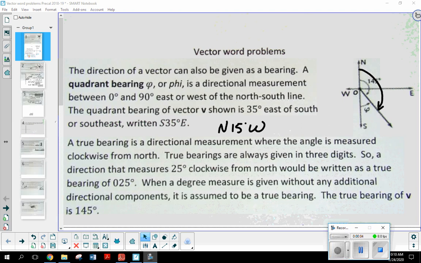Let me give you an idea of what's going to be happening this week and the next couple of weeks. Today, we're going to wrap up this lesson we've got over the vector word problems. There are a few that we're not going to be able to get to in class, and I would encourage you to take a look at those. The answers are posted online along with the notes. So if you have any questions about them, you can come in and let me help you with that. The quiz that we took on Friday, I am going to give you another little worksheet at the end today just for practice.